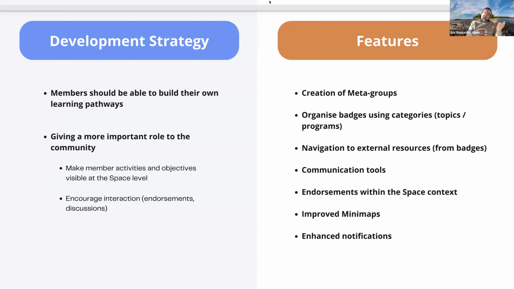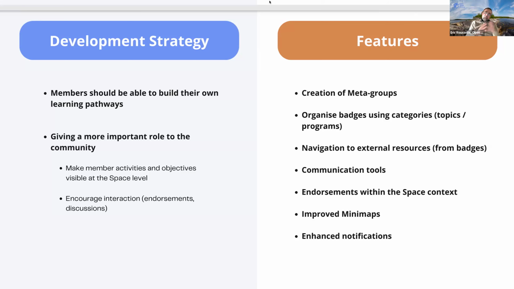But as you know, in Open Badge Factory you can have badges which, when you click them, are not badge applications but just redirect you to a website, a MOOC or a Moodle course, or whatever you want. This is not working yet in the space, and we are going to implement this feature, so that you could go from the badge to the training, and from the training you would get the badge in the space.